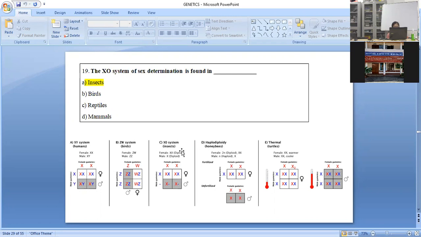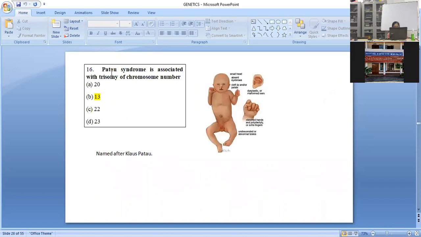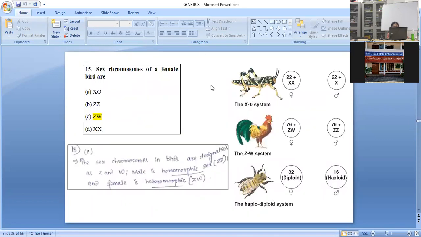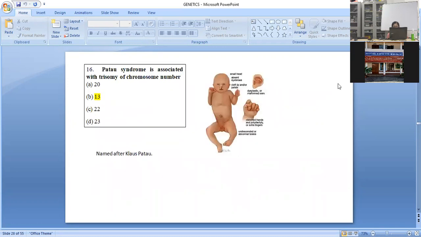This one is mostly found in case of insects. And this is for reference again I have given. We have the system in insects where the females are diploid. In this case, the females will be diploid and the males will have 22 plus X chromosome, single X. Here the Y is not there. Okay, absence of any other chromosome. This is XO in case of males.